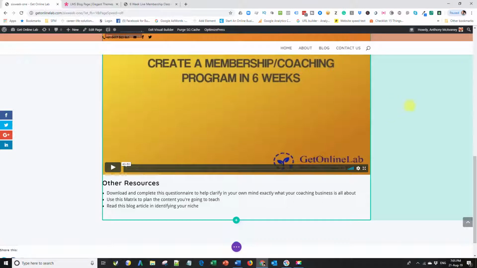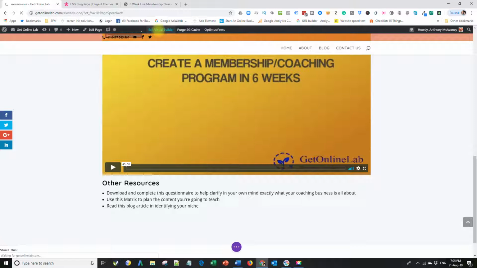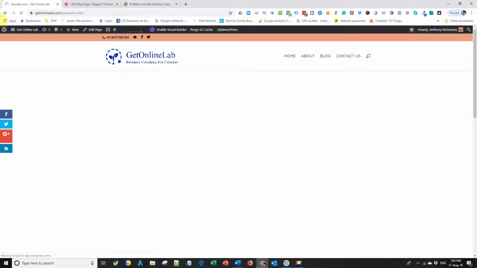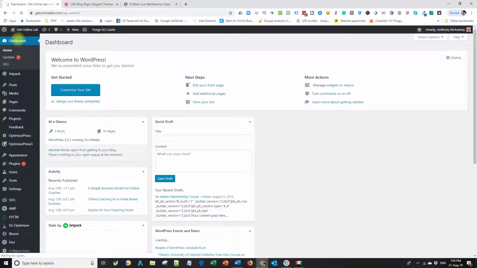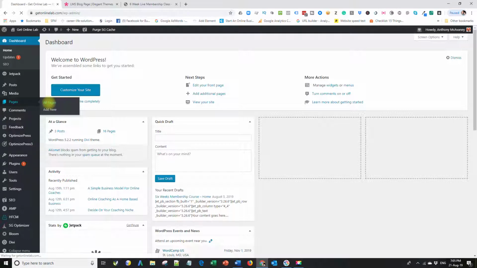And then further down the page there you can see other resources, which includes download links and other resources that people would need to complete in order to finish up on week 1. And then you would duplicate that for each of the weeks which are included in your program. So if we go back to the dashboard and look at the pages,